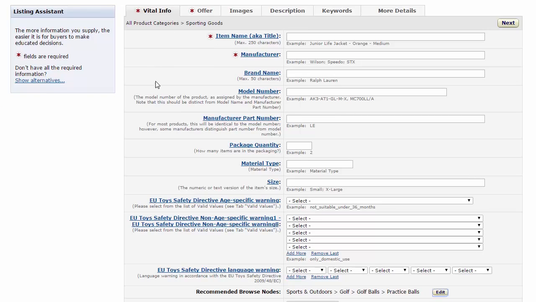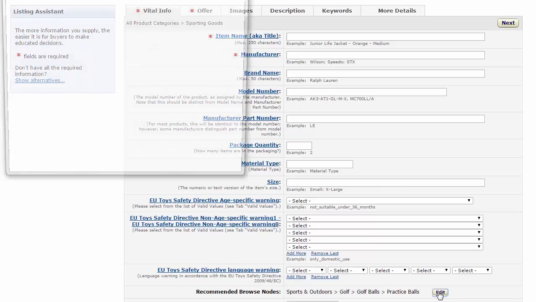So this is an example product listing, and again, obviously, these are all the other areas you need to fill in: offer, images, description, keywords, etc. But if you look down here, you can see where the recommended browse nodes are and where you can add them. Depending on the product and the category, sometimes you can find this in the Vital Info tab, sometimes it's in the More Details tab. It actually depends on the category. But the way you do that is literally just click Edit, and then